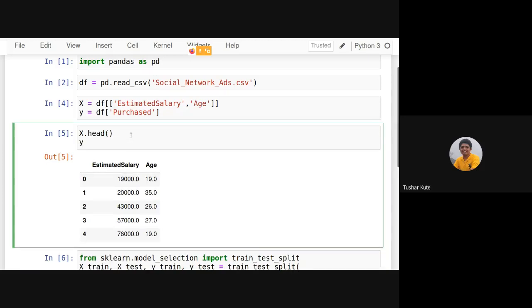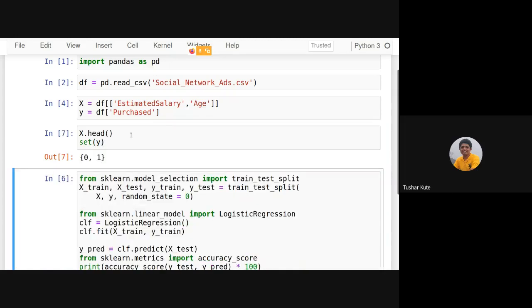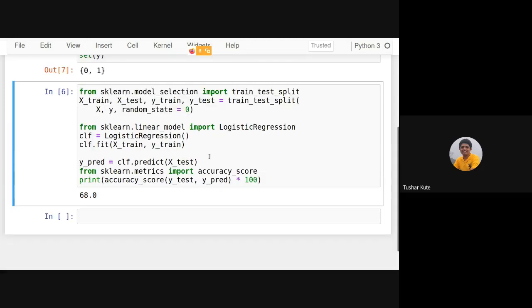You can check y contains two different values, 0 and 1. Based on salary and age, whether you're purchasing or not will be shown. We got the accuracy score like this, 68% here. If you change the algorithm, for example, I'll make use of a different algorithm, let's say decision tree.